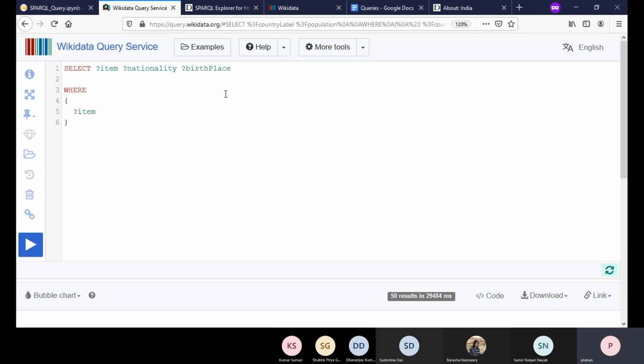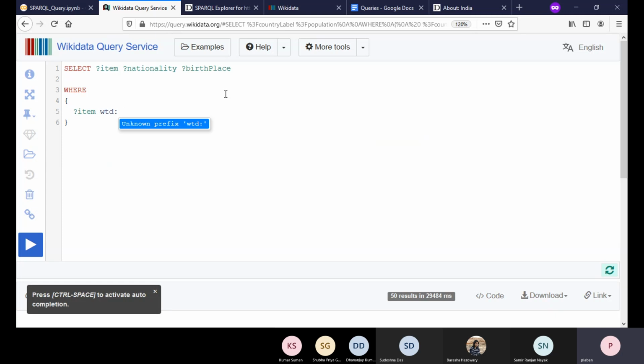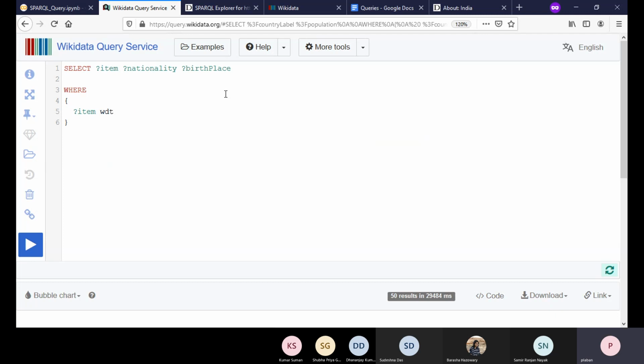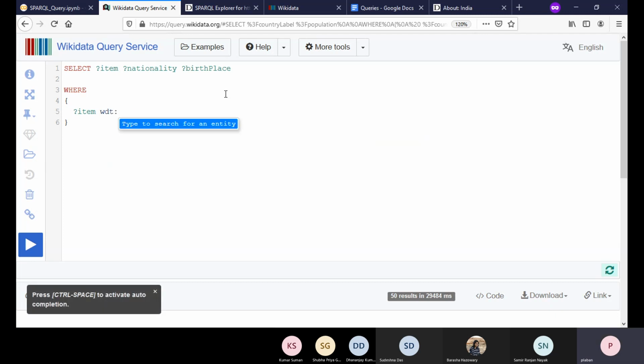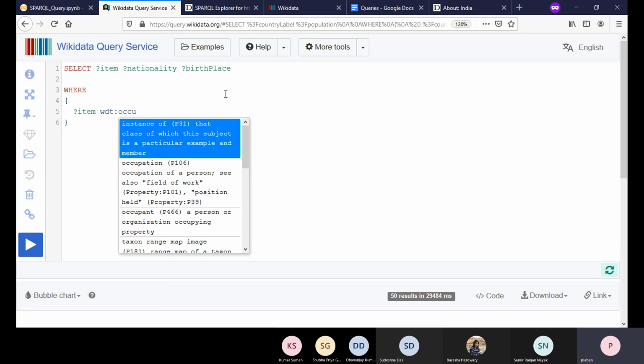If we take any astronaut, they have the occupation to be astronaut, so you need to look for occupation. Let us go the Wikidata way: WDT colon and just say occupation.